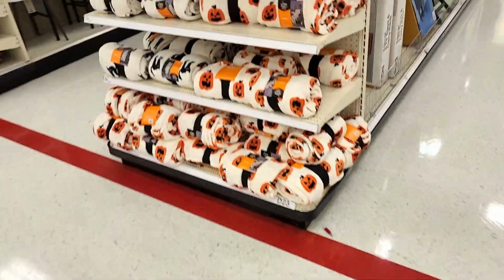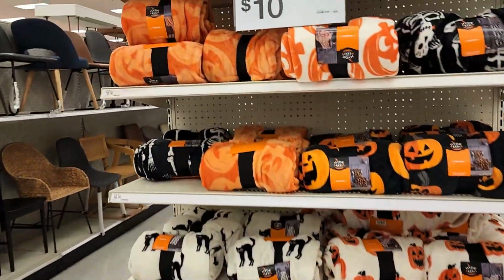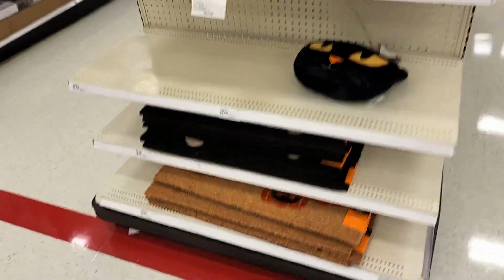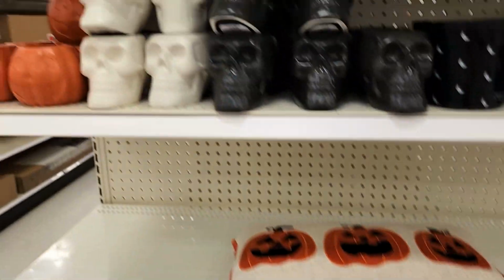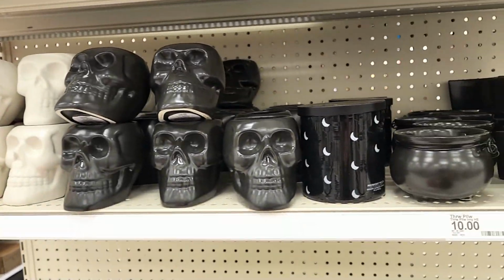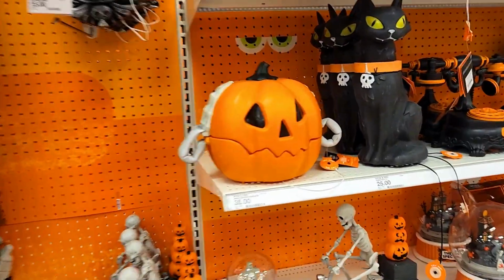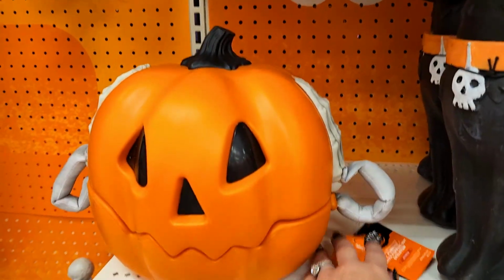In the regular Halloween line, they had a whole bunch of goodies. It was a lot of the same things I've already seen, but a lot of it was good stuff, and some of the stuff was new. I will say I like all the moving, fun jack-o'-lanterns. This is a really happy, fun line for their usual Hyde and Eek line. It's very family-friendly. They have a bunch of jack-o'-lanterns. I'm glad I grabbed